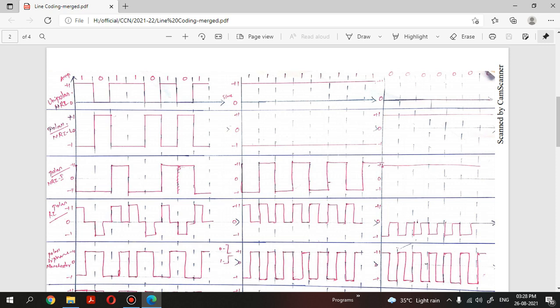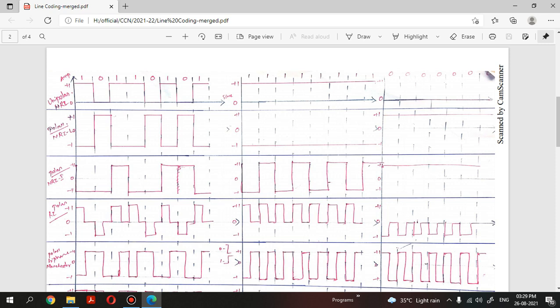The second one is the DC component problem, which causes low frequency when your data has consistent high voltage or consistent low voltage. This causes low frequency generation, which cannot be decoded by the electronic device available at the receiver. So these two are the major problems at the receiver side while decoding the data. They are majorly caused by consistent high voltage or consistent low voltage, so this has to be avoided, right?